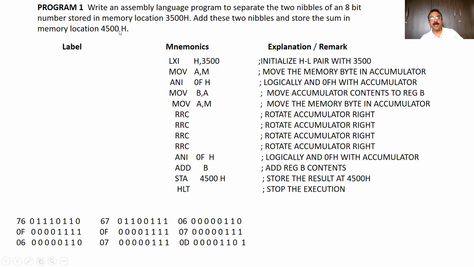Very important thing. Now here, write an assembly language program to separate 2 nibbles. Here we have separated 2 nibbles, meaning 2 digits, and we have added them. So I hope you must have understood the logic here. What is the logic? As I said, there are only 1 or 2 key instructions. So the key instruction logic of the program is to rotate it 4 times. Okay, and another key instruction here is ANI 0F, because we need to separate the 2 nibbles. And the result, store it at 4500. We use STA.